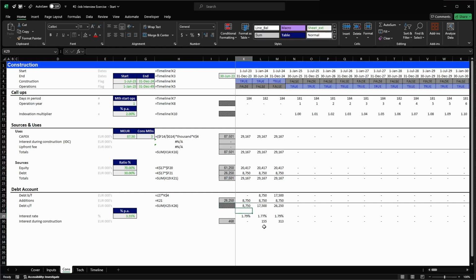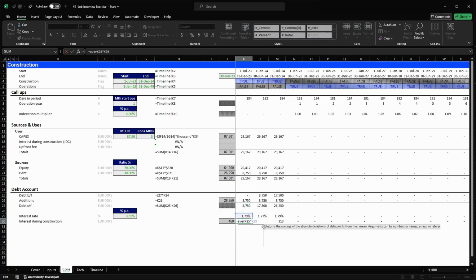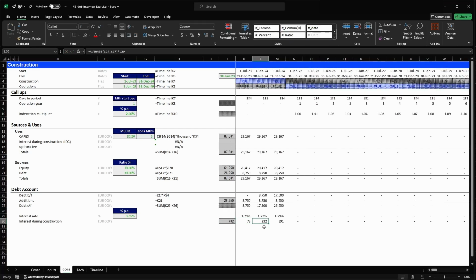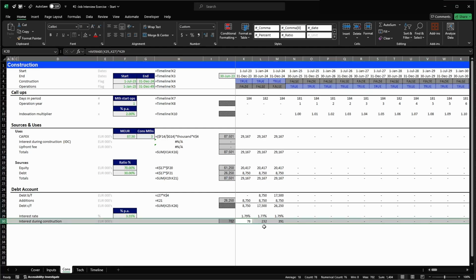So what you would do is something like this: the average of this, comma, this, times this. Okay, so that can be a way to calculate it. So get the average. But what's going to happen is that we're going to have a circular reference here, and I'm going to show you. So now that we have the interest during construction,